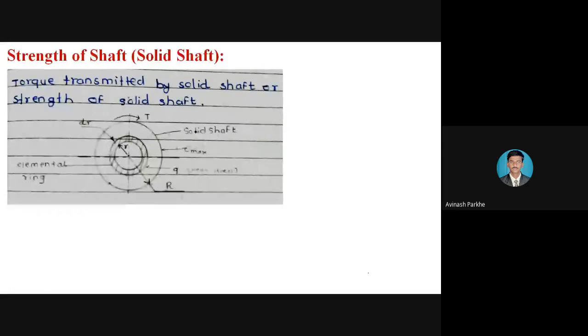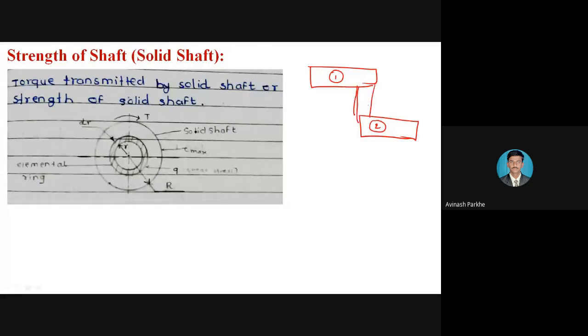During the transmission of power, or the transmission of energy from one rotating element to another rotating element, the shaft should have a maximum amount of strength, and it should transmit the power without any plastic deformation. For example, this is shaft number 1 and this is shaft number 2. If the power is transmitted from shaft number 1 to shaft number 2 without any plastic deformation,